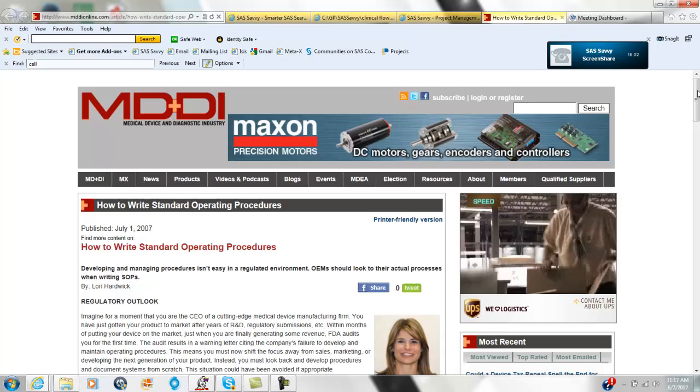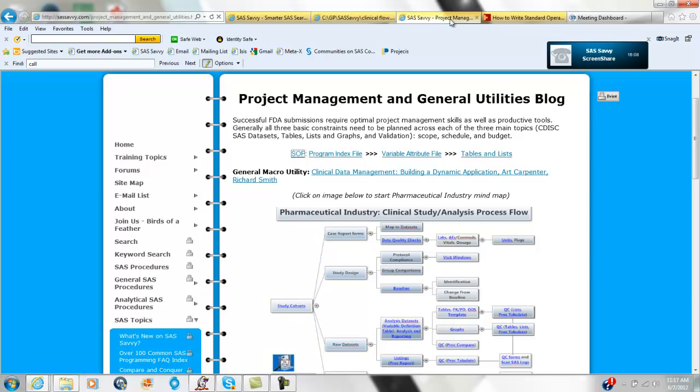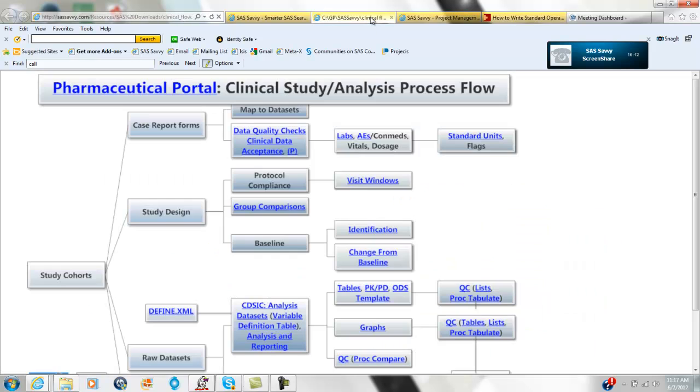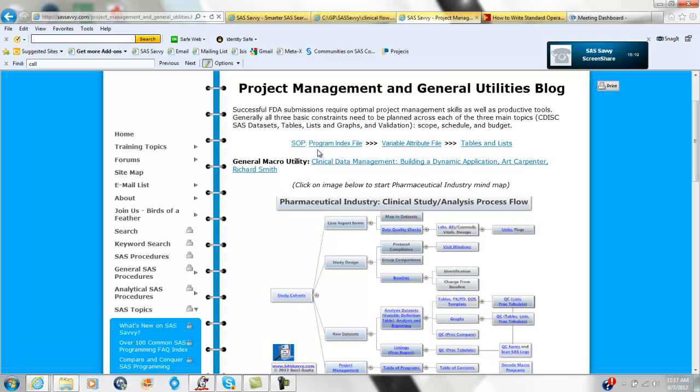Quite often there's a set of standard operating procedures where training becomes an important concept, just like what we're doing today. Again, I have a good reference to that, and I want to encourage you to view that in more detail. So here again, the project management flow. So going into